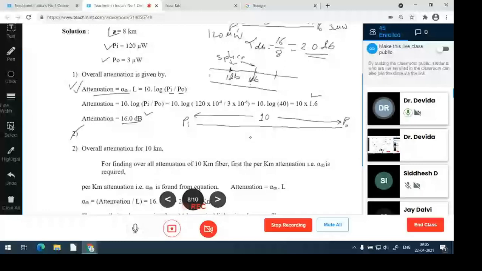For 4 kilometer, 3 splices are required. Splice means joint. So if 2 kilometer pieces are there, we have only one joint. Then 1 kilometer, two pieces, 1 kilometer, three pieces are there. We will have only two joints to make it. So splices required are one less than the kilometers. So 10 kilometer fiber can be made by putting 9 splices.